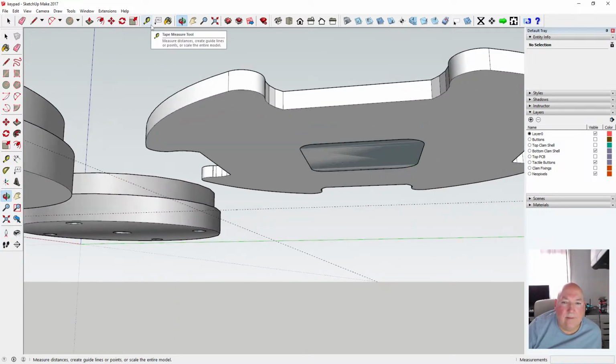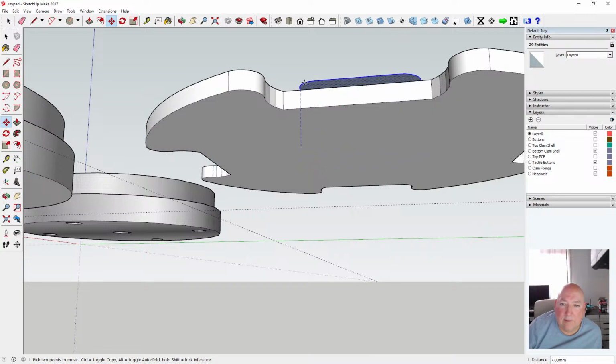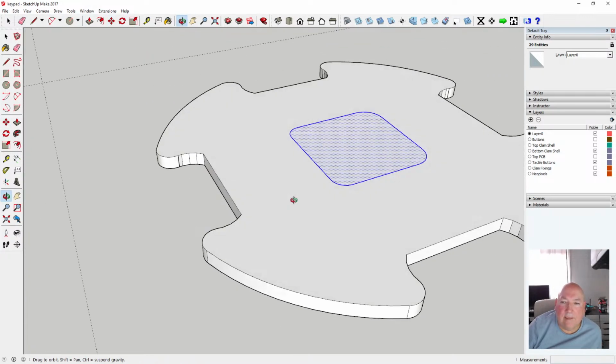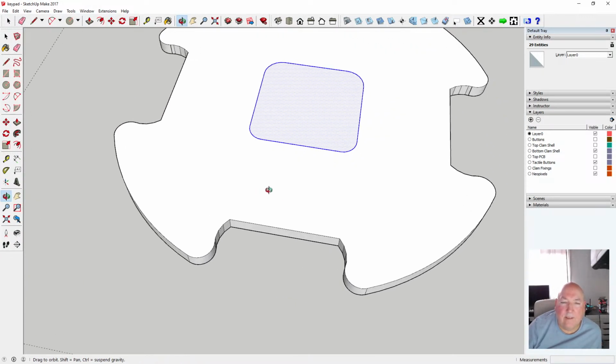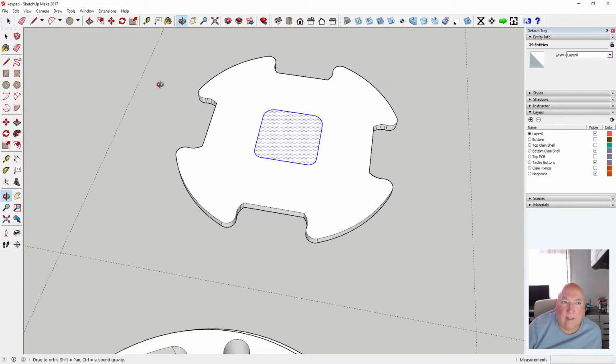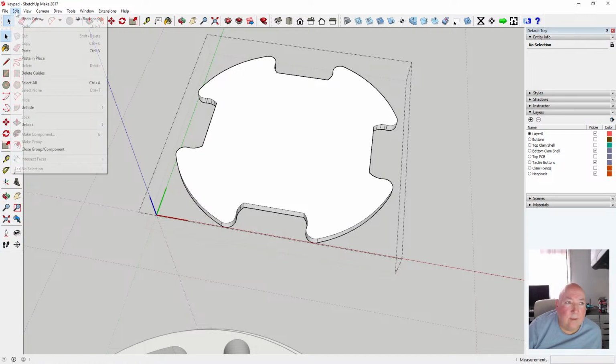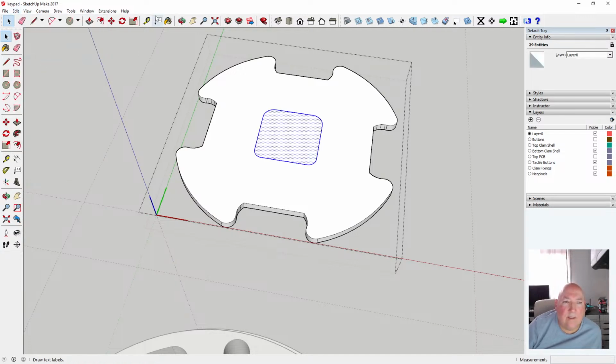Right, we need to grab hold of this. We need to move it up. No, move it up. 1.6 mil. Go back like that, and we need to cut it, paste it in place, and then we need to do a pullback on it,